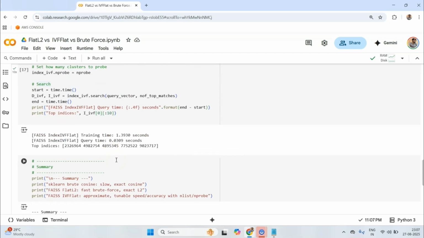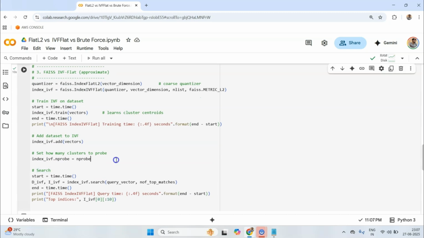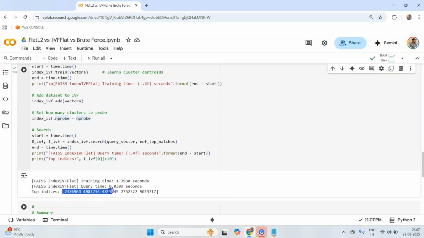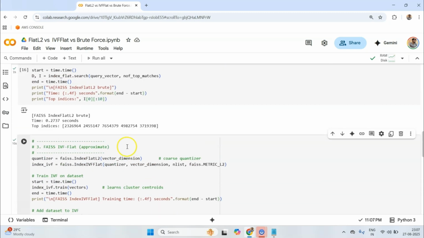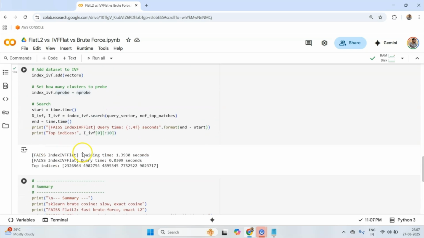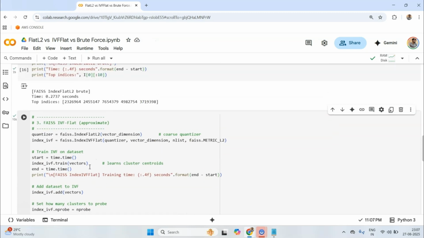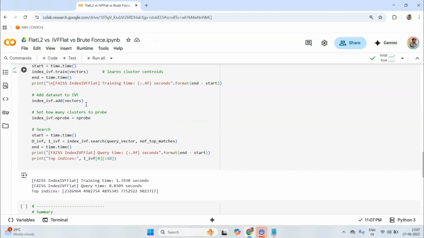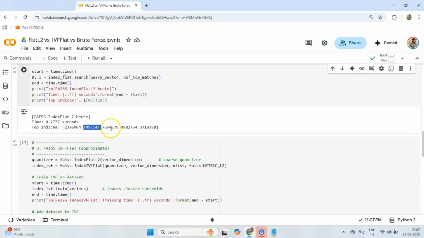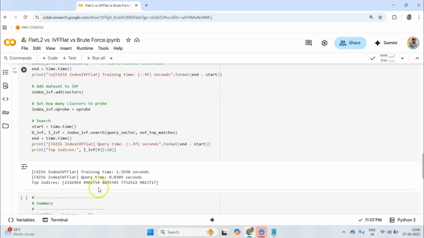You can also look at the top indices, and most of those will be matching. So you see 964, 964. It means that we are not compromising on quality that much, although you will see that some indexes are not captured here. For example, 147 is not here, but then this 754 is here.